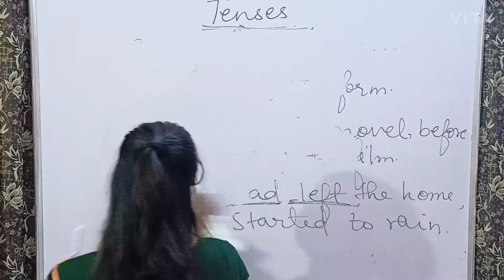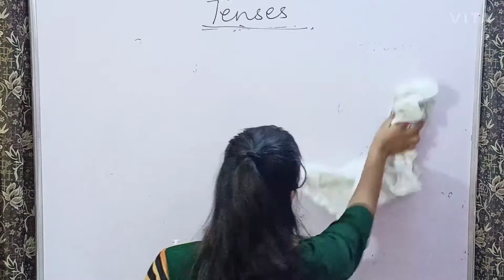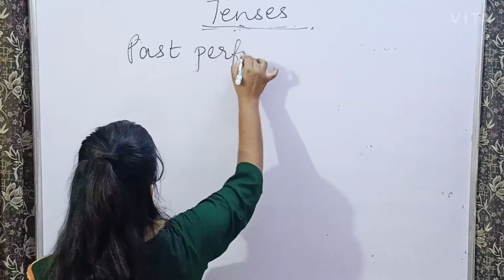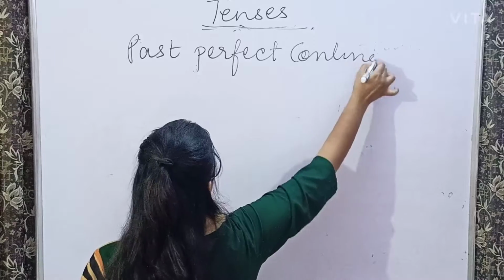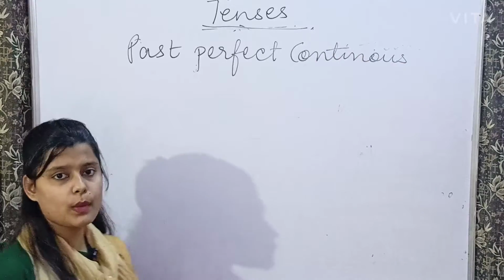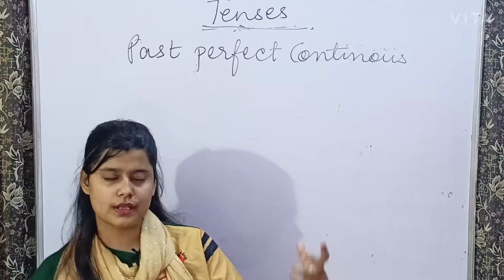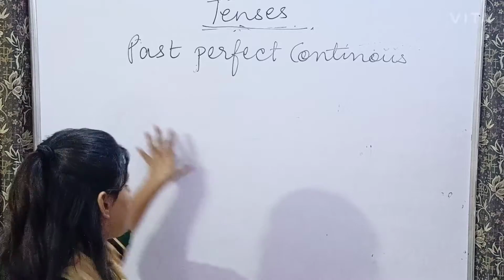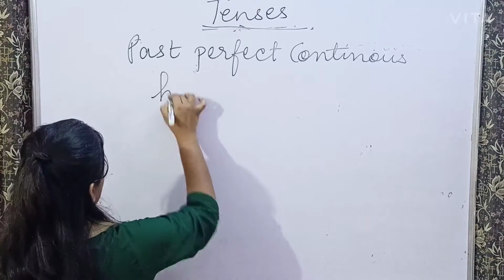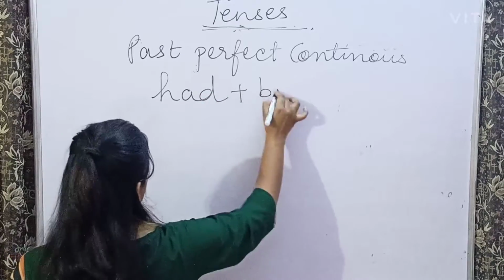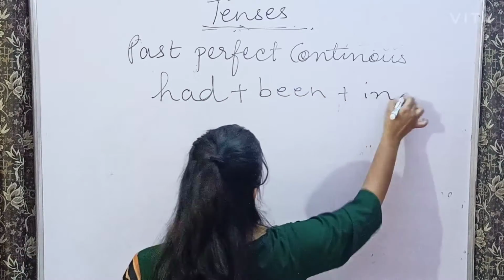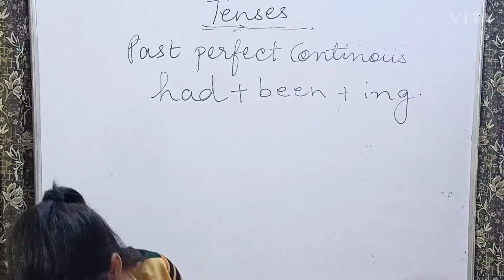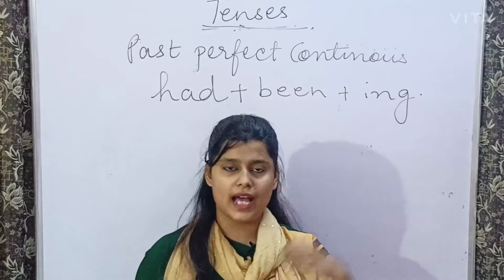Now we will talk about, now we will be talking about past perfect continuous. So in past perfect continuous, what happens, like in present perfect continuous, we used to use have and has plus been plus ing. So in the same manner, when it is past perfect continuous, we use had plus been plus ing form of verb. ठीक है, and these are those sentences जिसमें क्या होता है कि an action has started in the past,